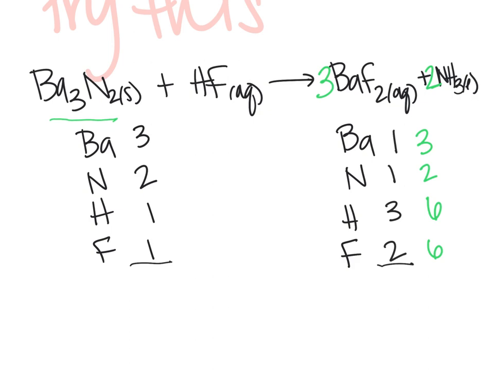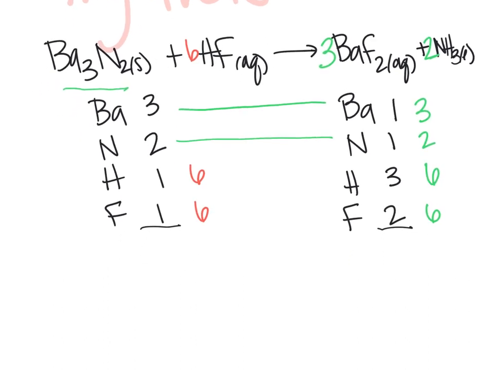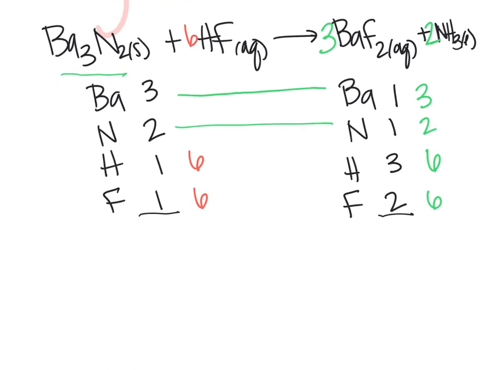So when we compare these 2 values, we can see that the barium and the nitrogen match, so we have a good match here and here. However, the H and the F don't, but we're kind of lucky in the fact that if we add a 6 in front of the HF, we now have 6 hydrogens and 6 fluorine. So from here, we can go back and rebalance our chemical equation, where we have